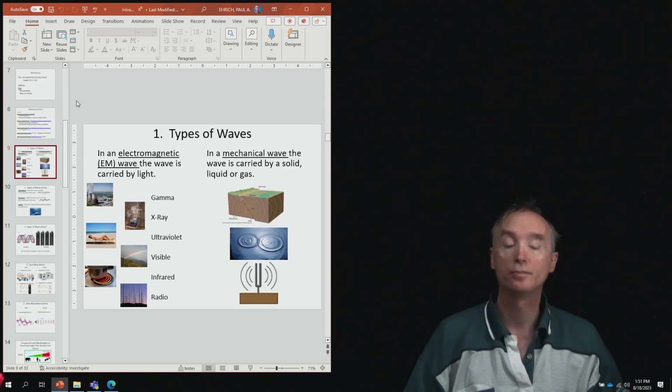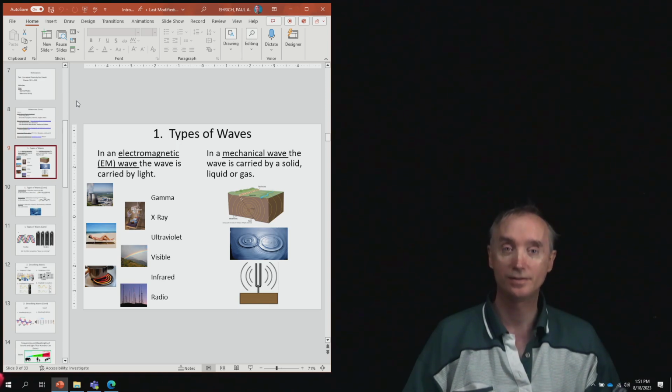Okay, so let's start by talking about the two main types of waves. So you have electromagnetic waves and then you have mechanical waves. So electromagnetic waves are different kinds of light. And so the different kinds of light that are in the electromagnetic spectrum are represented on that picture there over